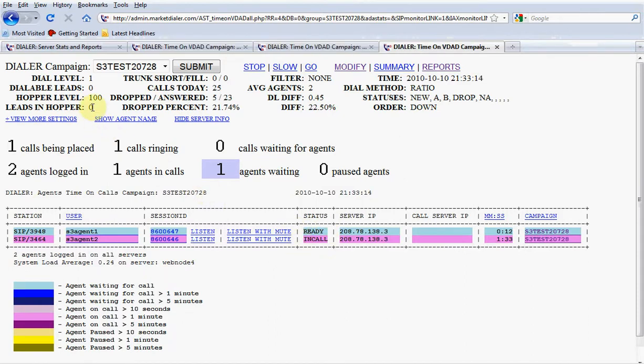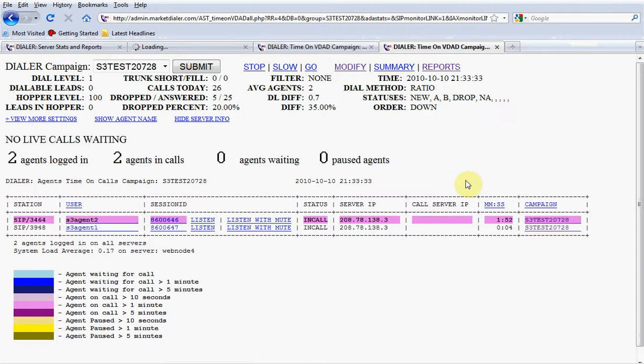And now the dialer has dialed the last number in the hopper, and we've told you you have no more dialable leads in the active list in this campaign, and the hopper is empty. In order for your agents to get any more calls, you'll have to reset that list and fill up the hopper. So why don't I just show you how that might work. So let's say you're sitting here as an administrator and you've realized you've been watching this, and your agents, whether they work at home or in the next office down the hall from you,